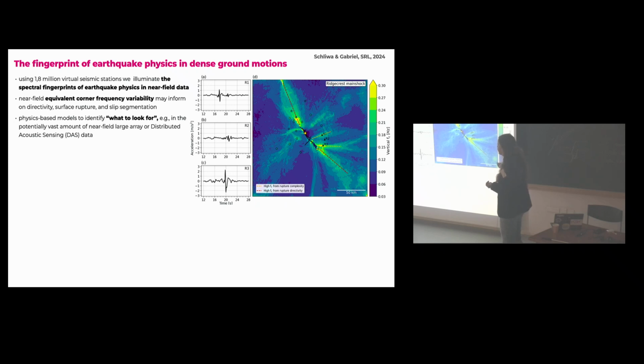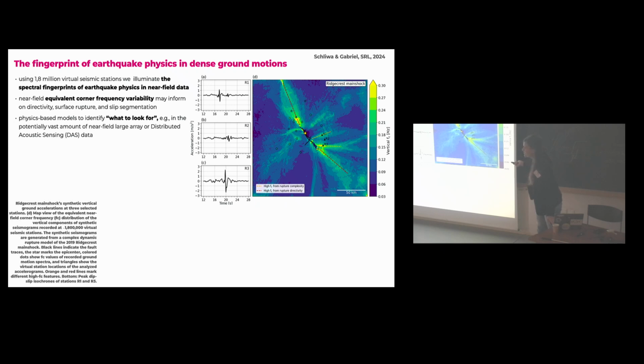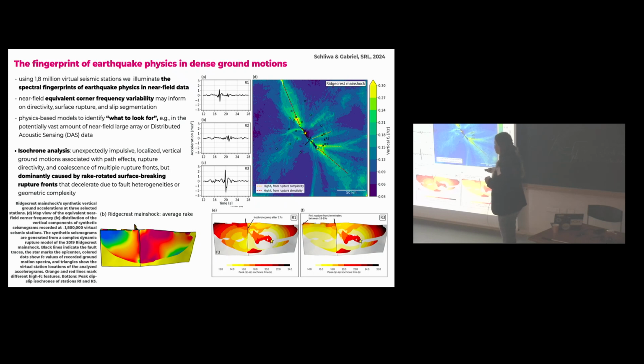And you see a lot of variability in the corner frequencies here. And this is linked to these very sharp vertical pulses in ground motion. But it's highly localized. It really looks like, back to astrophysics, star strike patterns or some kind of explosion. And only part of this is linked directly to the radiation pattern, and other parts of this are directly linked to earthquake physics. And better understanding this very local variability is important for hazard, but it's also important to inform us what to look for, for example, in DAS data, which can be similarly dense and low frequency. So the frequencies here are relatively low. You don't need a high resolution model in terms of time to come up with this.